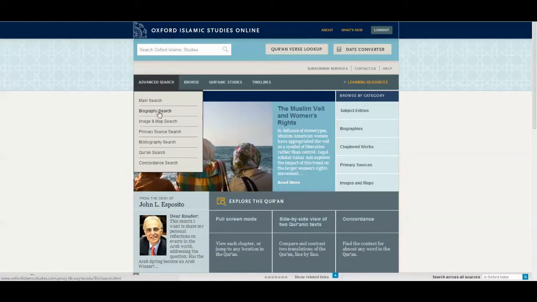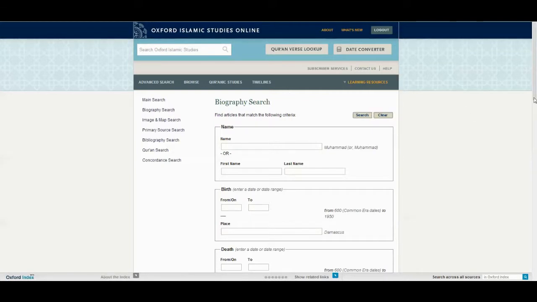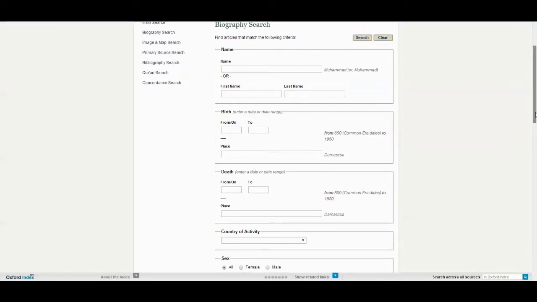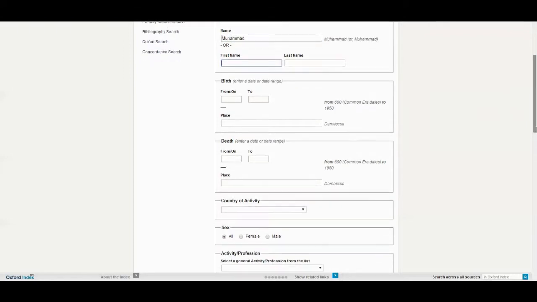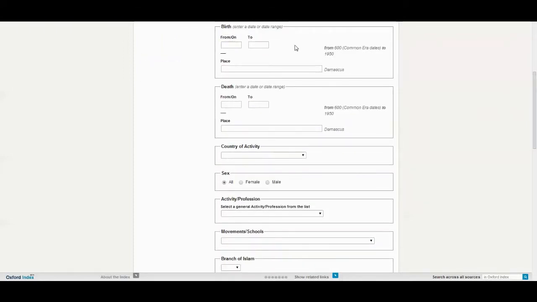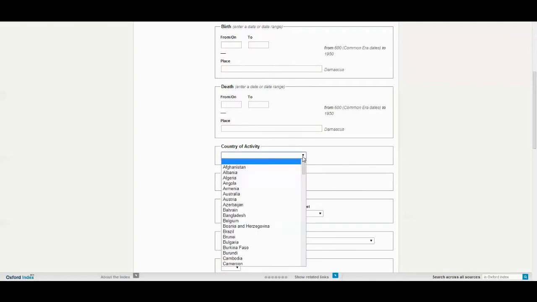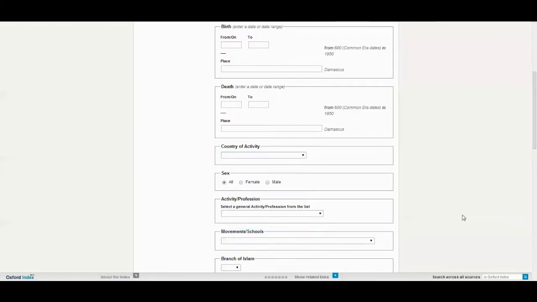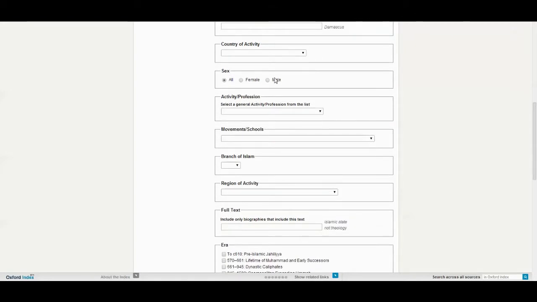If you click on biography search, this is what you'll see. Here you can enter the name of a figure, such as Muhammad. You can also enter their first and last name, as well as their date of birth, the place of their birth, their year of death, or the place of their death. You can also click on this drop-down menu to choose the country where this person may have lived. There's also an option to choose their gender,